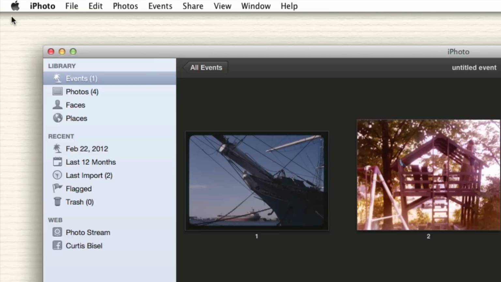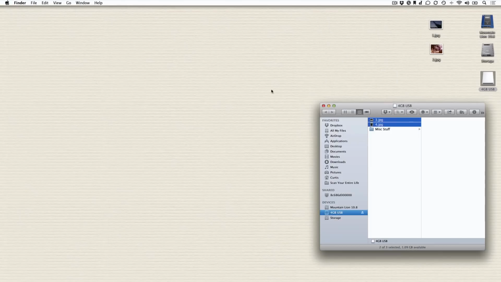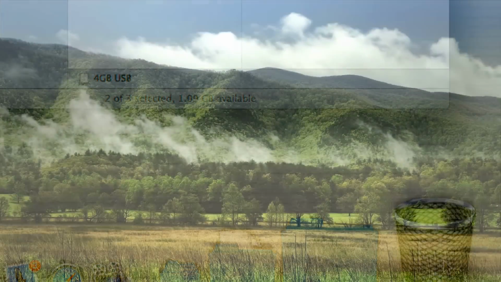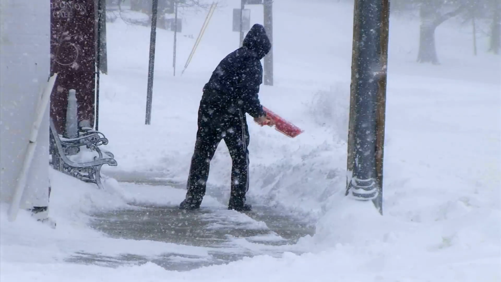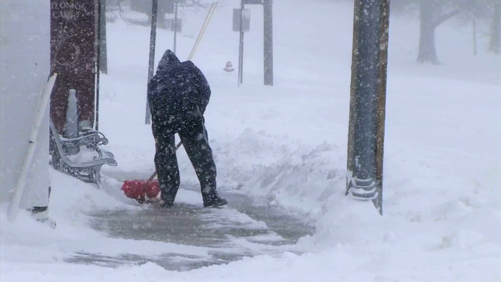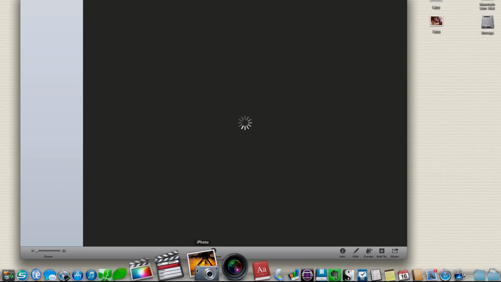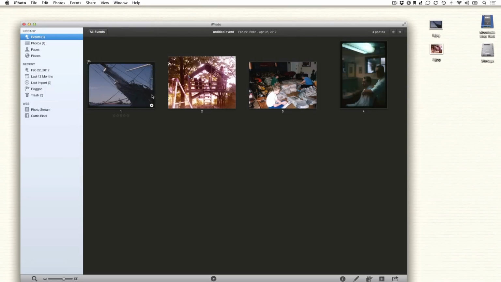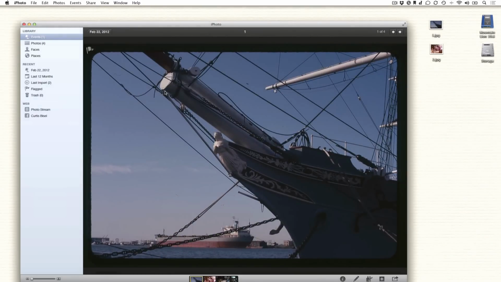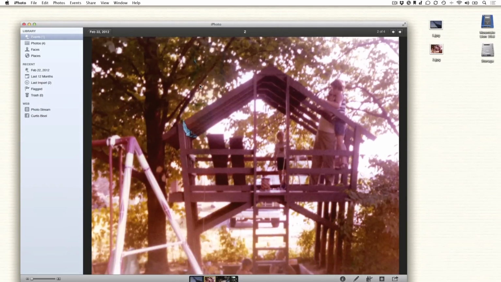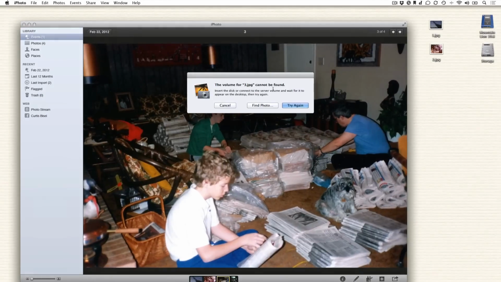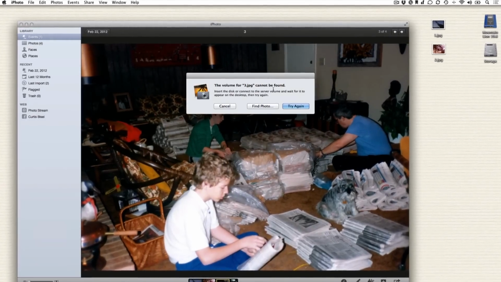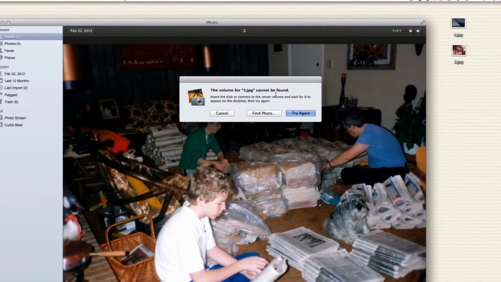And here's how life happens. I'm going to close out iPhoto, and let's say that you unmount your USB thumb drive. Days go by, weeks go by, and let's just say you've lost that USB thumb drive. You can't find it anywhere. And then you load up iPhoto again. We'll sort these photos again. This one seems fine. This one seems fine. Uh-oh. So here lies the potential problem for deselecting that default setting.